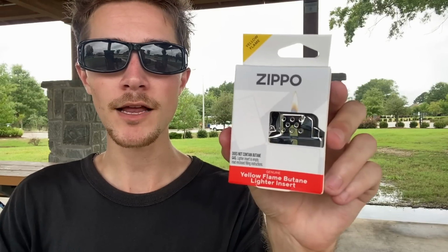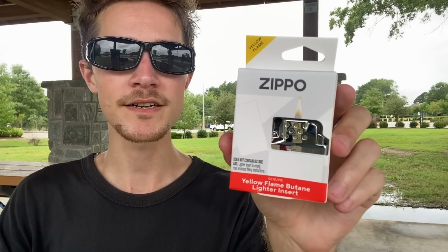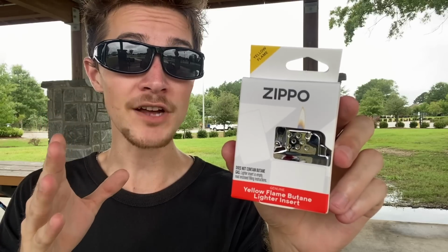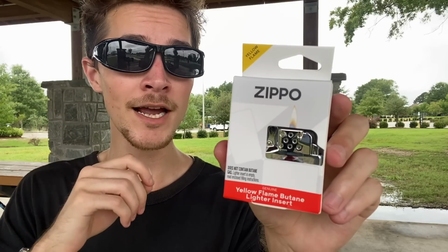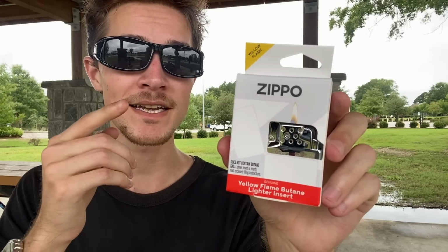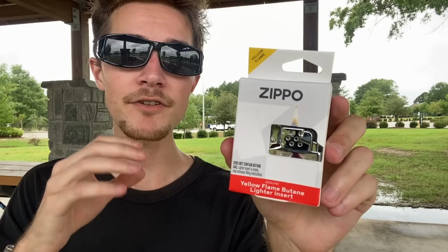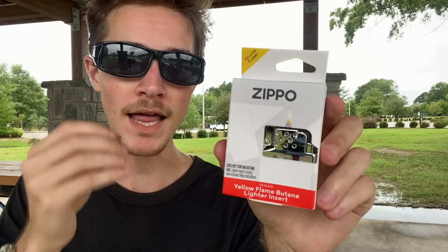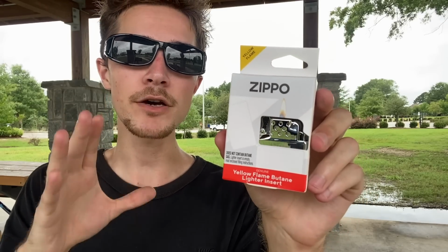Alrighty, so today I'm going to be using my new Zippo Yellow Flame Butane insert for the first time. I'm going to be letting y'all know what I think of it, and I'm going to be giving y'all my first impressions on it as well. And as a whole, I am quite excited to use this insert right here for the first time today, because I'm thinking it might very well solve one of my biggest issues with Zippo lighters, and that issue is fluid